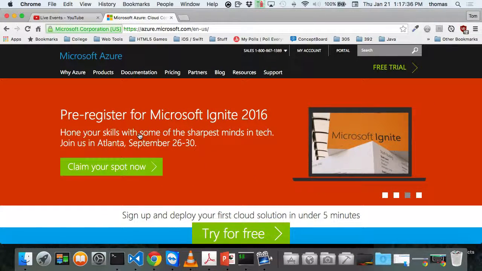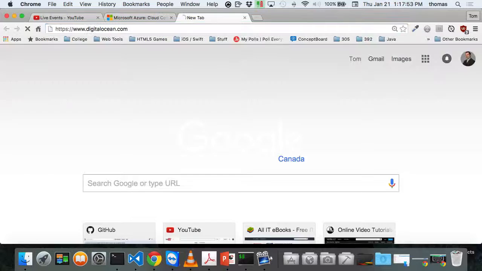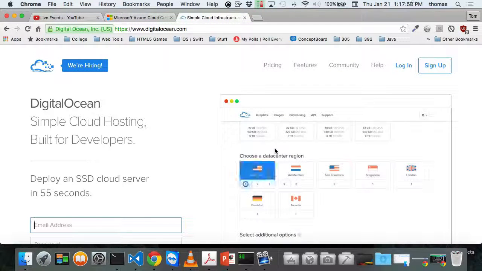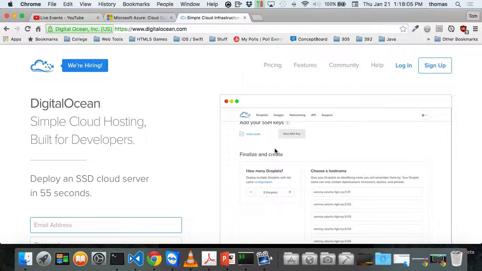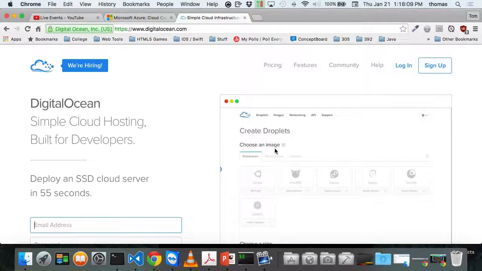Okay, here's the other thing, and we'll talk about why. There are some smaller players as well in the space. DigitalOcean is one of those, and they're very popular. They're very small. They're actually based out of Toronto, but very popular. So let me bring that up. So here's DigitalOcean. What you do is create droplets, and each droplet is a server, a virtual machine that you can create, and it's like $5 a month to have a virtual Linux box out in the cloud. Totally cool. And then you can configure that Linux box any way you like, right?